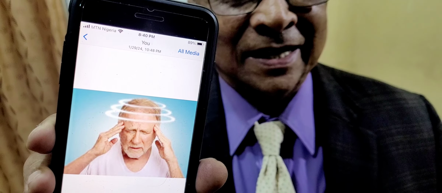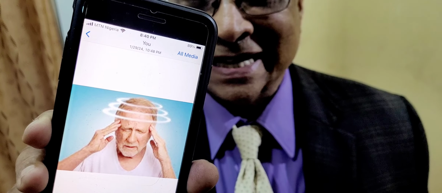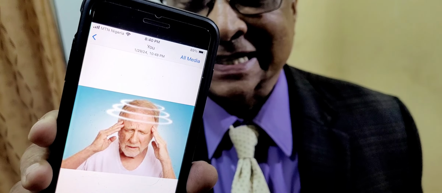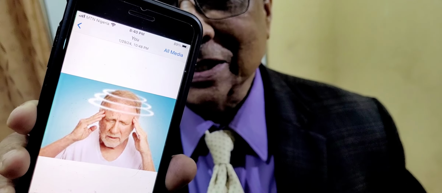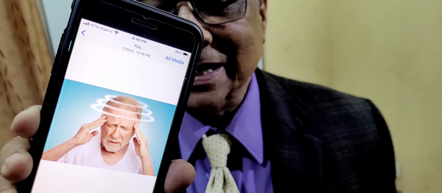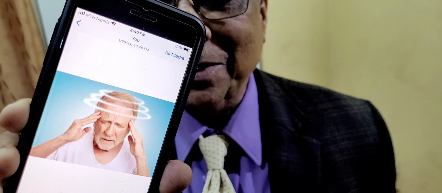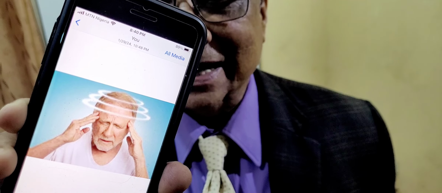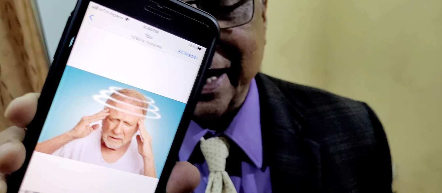This is a very clear picture of how a person who has the vertigo condition is feeling. His sensation is of spinning around his head. A lot of vibration-type spinning will be there, and he will be totally abnormal. He cannot balance in such a spinning or twisting condition around his head. You see, it is a very clear